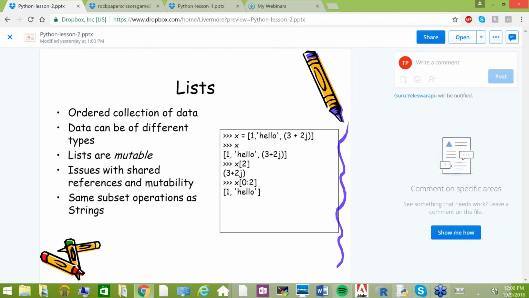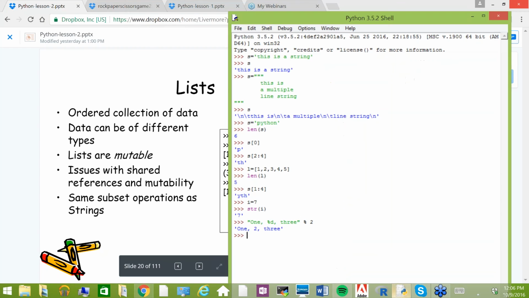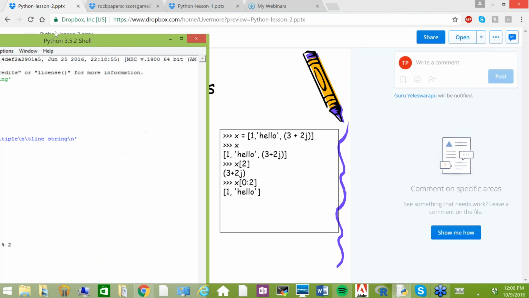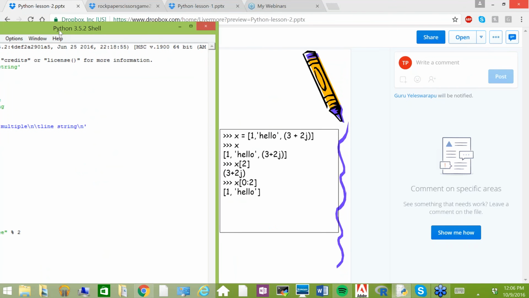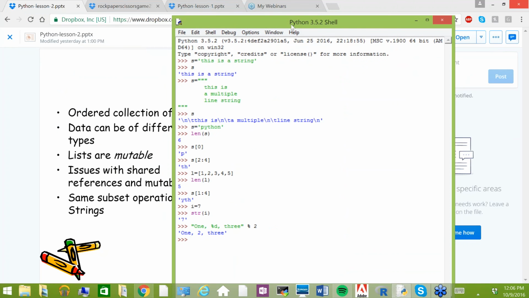So lists are just an ordered collection of data, and as I showed you before, the same operations apply, many of them at least. So I could have a list like M equals cat, dog,